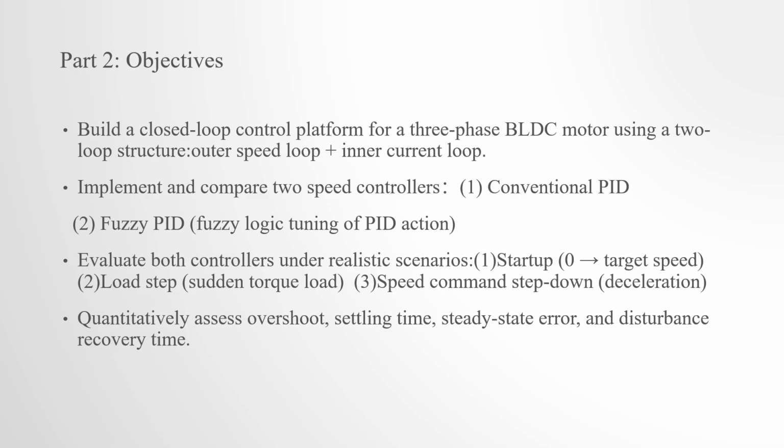Then implement two different speed controllers, a classical PID and a fuzzy PID. Then we test both controllers in 3 scenarios: startup, load disturbance, and deceleration. We compare them using quantitative metrics like overshoot, settling time, steady state error, and